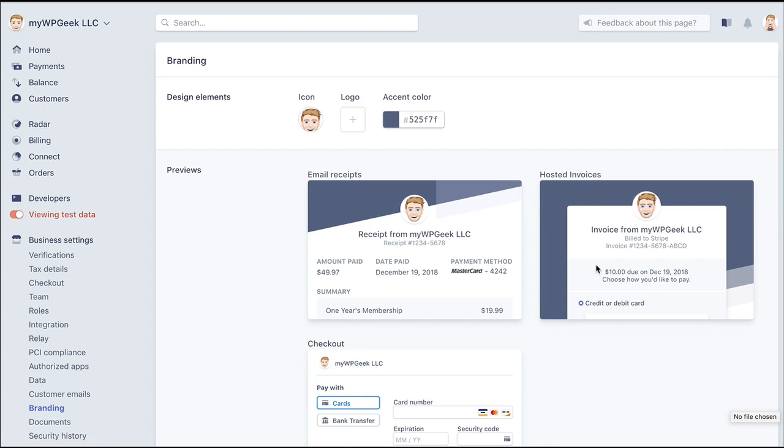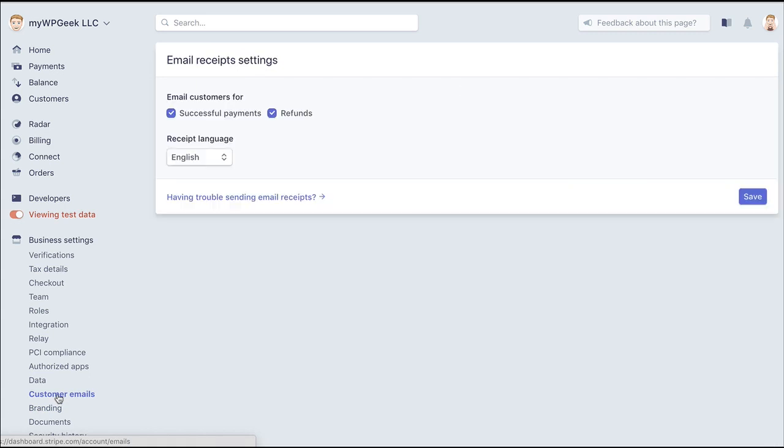Again, this doesn't brand your actual portal here within Stripe. It just brands anything that's customer facing that Stripe does, whether it's email receipts or hosted invoices. This is what they'll see. Refund notifications, all that. It's all branded with however you set it up here. So because this is all email centric, once we go over into emails here,